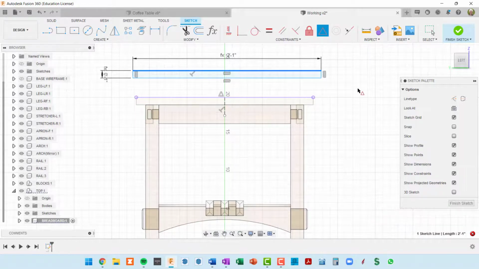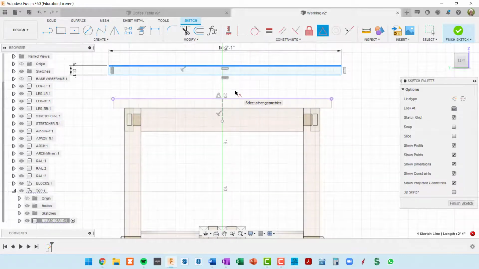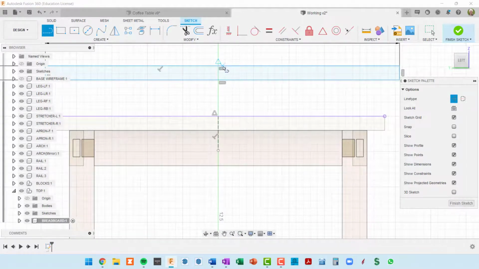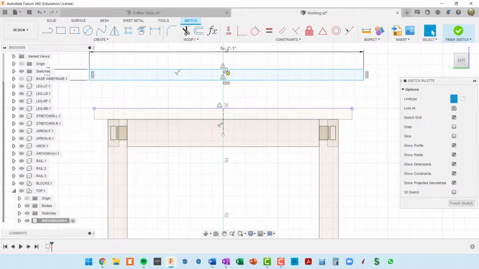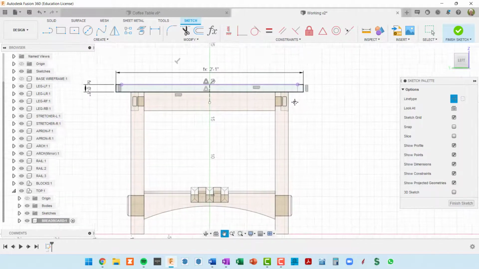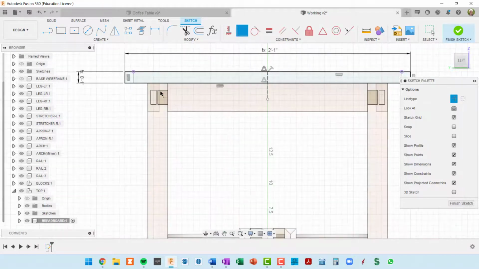And it said it failed. Okay, so let's try a different approach. We can also get a midpoint here in this rectangle by going to our line. I'll turn on construction line geometry this time. Here's our center. I just went from center to center. Now, can we do a coincidence between this point and this point? And that worked. Okay, so a little bit of fumbling around, but we got through the